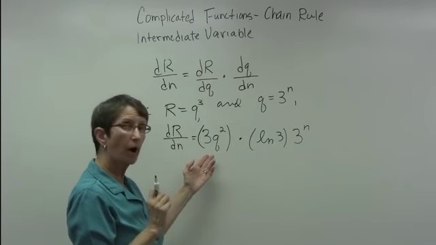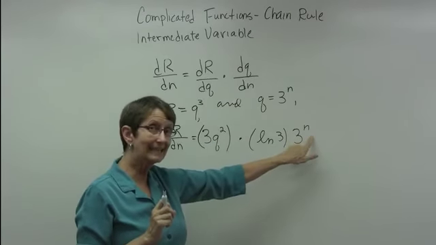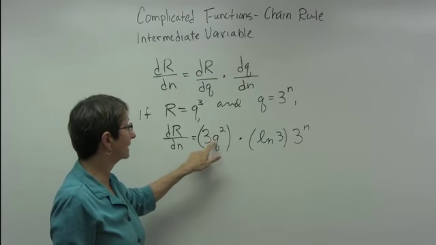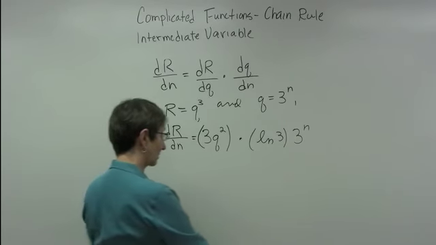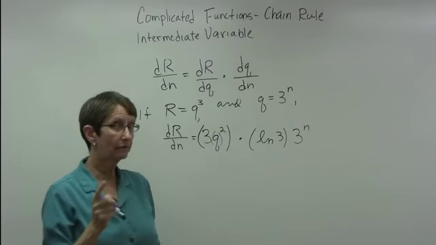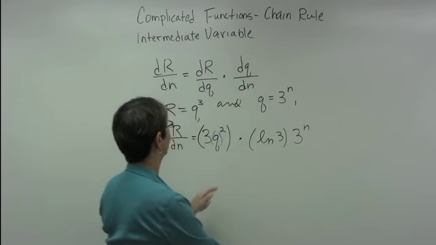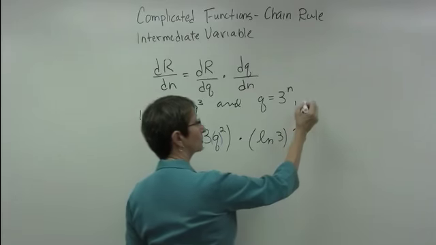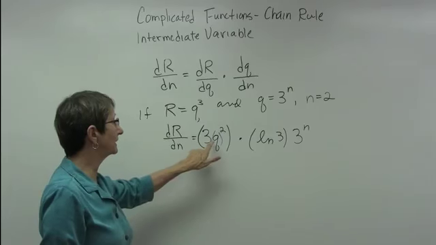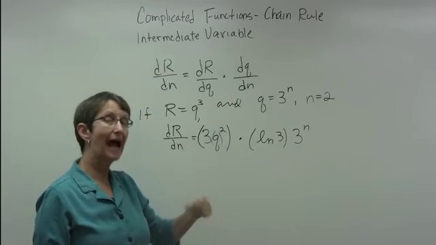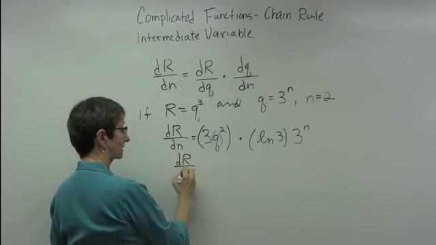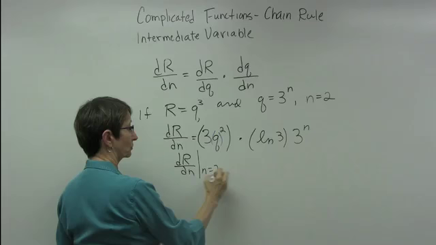Well, there is a little bit of a problem in that we have a q here and an n here, but we want the derivative with respect to n. What I have to do now is replace this q inside there with what q is actually equal to. However, I want this when n is equal to 2. I don't actually have to put in my function for q. I can just do my numbers. If I have dr dn evaluated when n is 2,